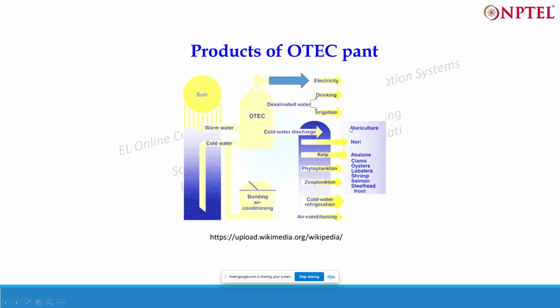Now, products of the OTEC plant. So OTEC plants not only produce power, but they also produce desalinated water. So that can be used for irrigation and drinking purposes also. Okay, so we take the warm water from the surface, then we run the OTEC plant which generates electricity, and then similarly the water is also utilized to generate the desalinated water, and then cold water is discharged. Okay, so